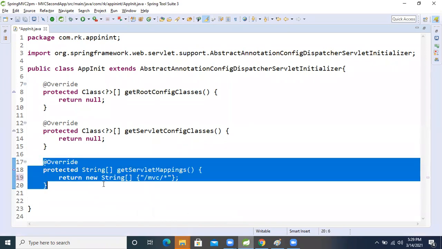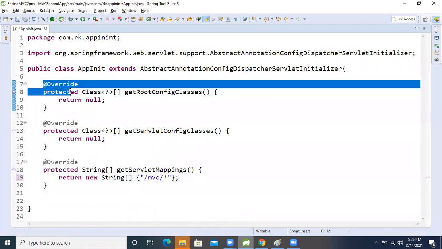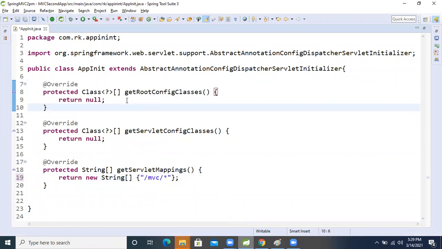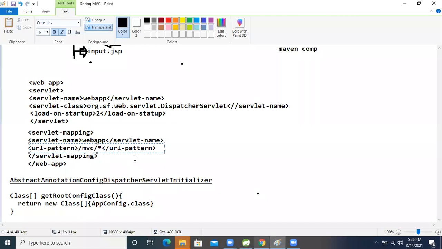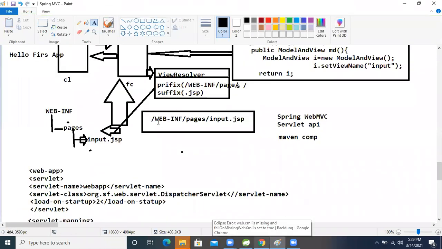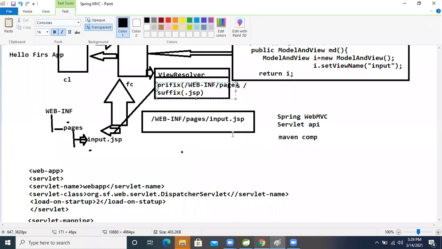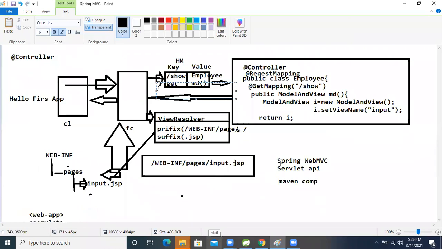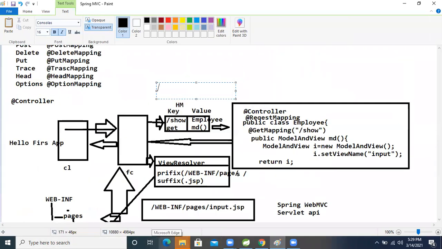But here we will use one more method. For that we need other helper classes also. Where are we writing these helper classes? Come here, the bean class, already there, right?